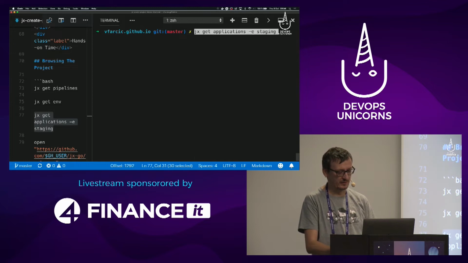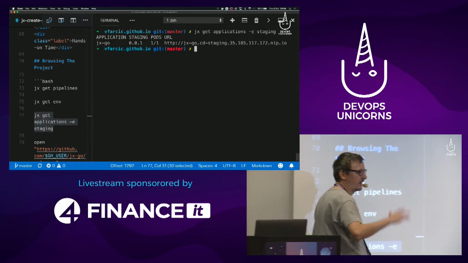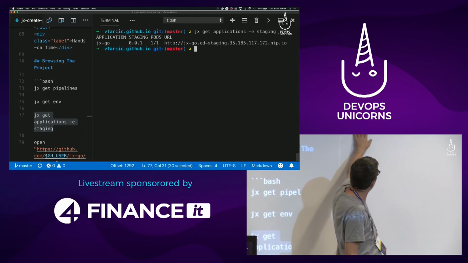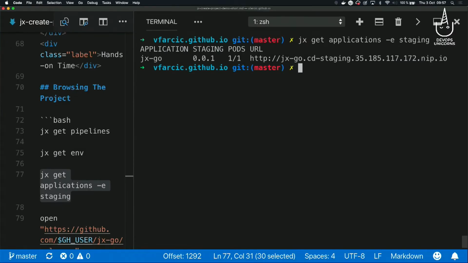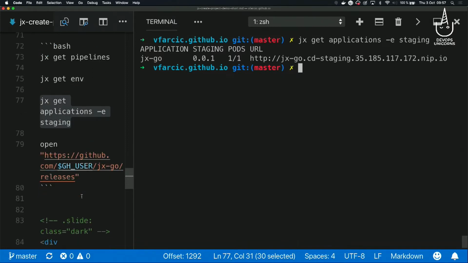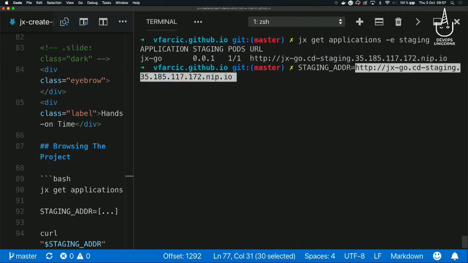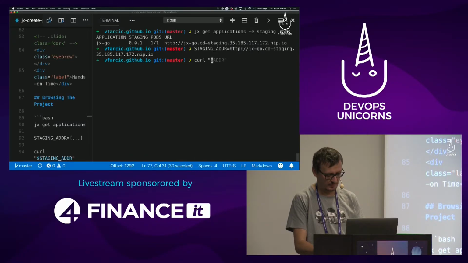And if you look at it, I created, what was it, a few minutes ago, a new project, Hello World, but it could be more complex. And you can see that if I list the applications in my cluster, it is already running. The first release, 0.0.1, is already running in my cluster. And I can show you that by, what did I want to do? By sending a request to it. So I'm going to copy the address, and I'm going to send a curl request.